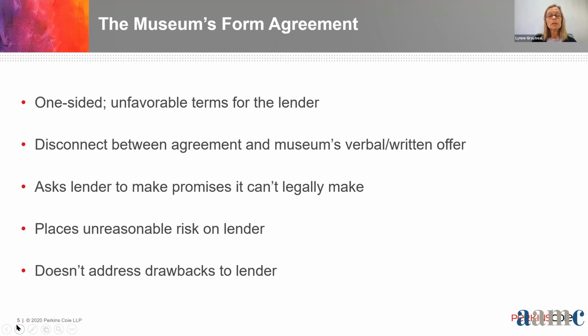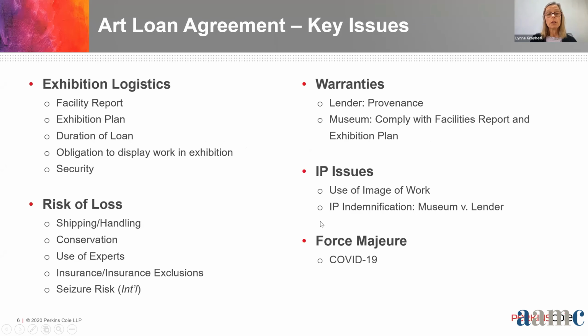So these are the typical issues that we are almost always negotiating whenever we are working for a lender in reviewing and negotiating an agreement with a museum. And they include, we've tried to group them here in terms of categories. The exhibition logistics: you can often find pieces of the exhibition logistics throughout a document, but it's often not pulled together in a manner that the lender can fully understand what the